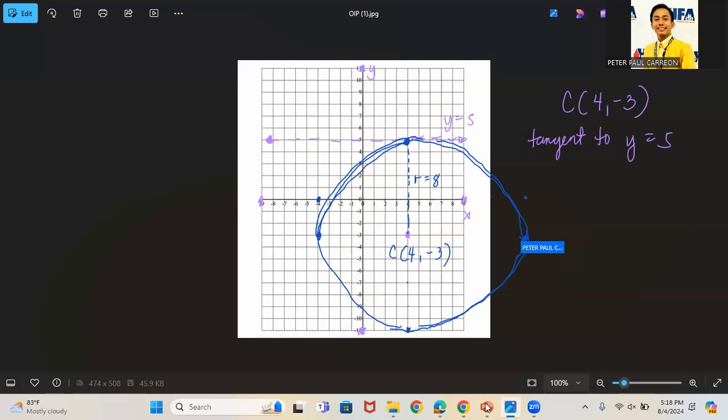Okay, so since we already have this given circle, we can name this one now as the quantity x minus 4 squared plus the quantity y plus 3 squared, and the square of 8 is 64, right? So the final answer algebraically, the standard equation, is the quantity x minus 4 squared plus the quantity y plus 3 squared is equal to 64. So now we have finished the 4 almost similar problems with the same center.